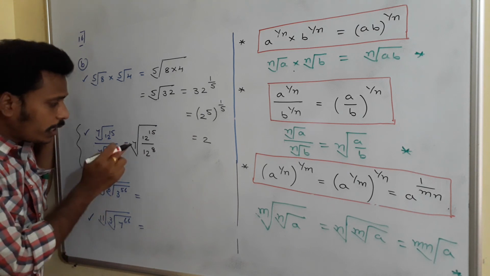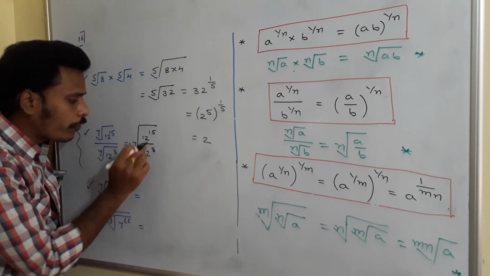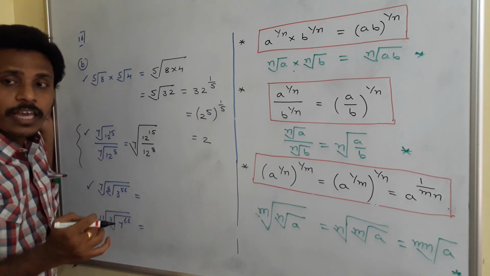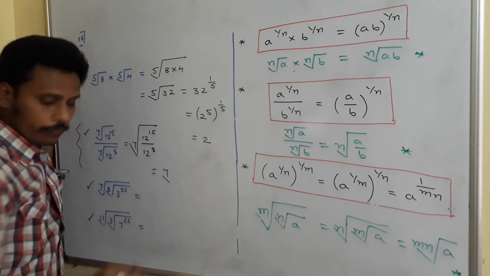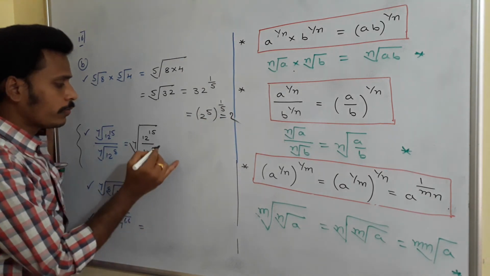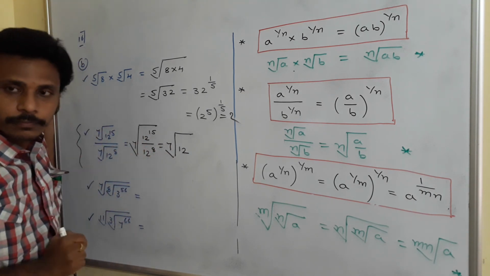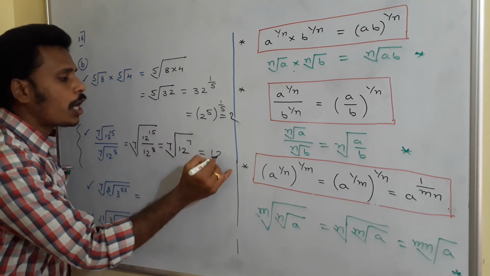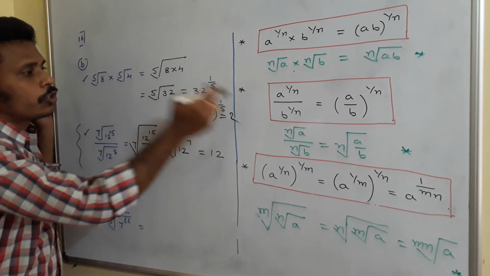Then observe this. In the 7th root, under this bracket, 12 power 15 by 12 power 8 is of the format a power m by a power n. A power m by a power n is a power m minus n, we all know, and this can be written as 7th root of 12 to the power 15 minus 8, and 15 minus 8 is 7 itself. 7th root of 12 power 7, and on simplification its value is 12. That's the way of simplifying these problems using these laws.